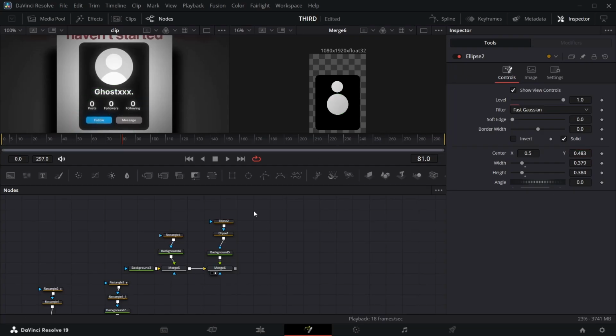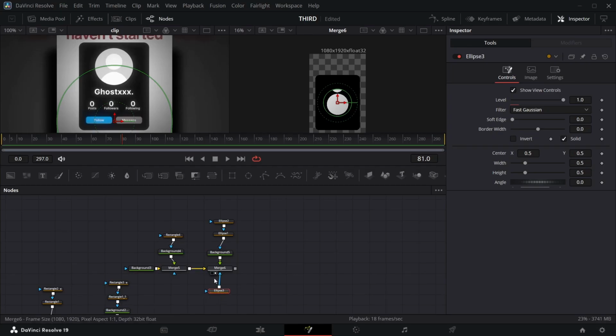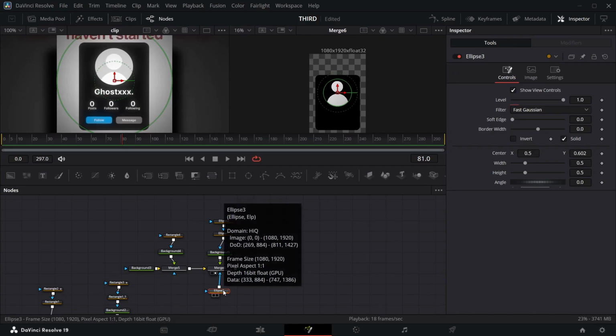So how do we create this? We have to mask it. So we get another ellipse node, connect the ellipse to the mask part of this one and take it all the way up like that. Good. Then copy this ellipse, Ctrl C,